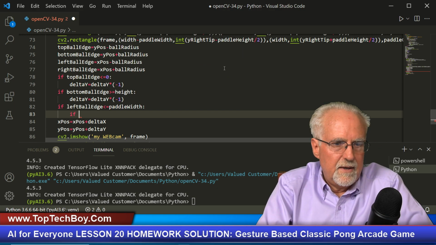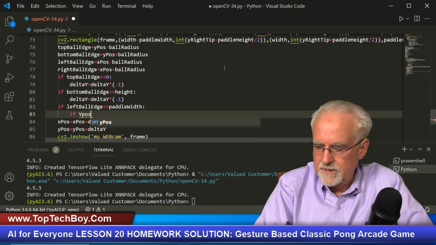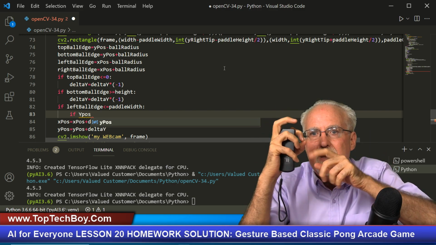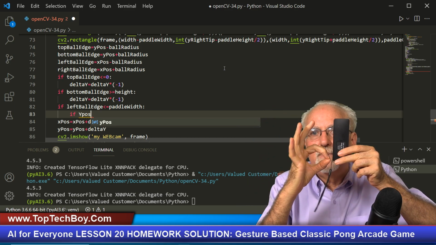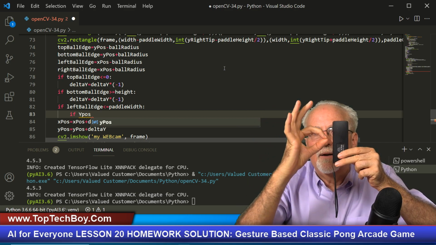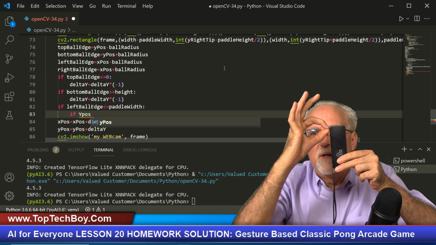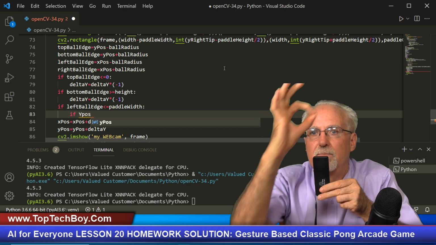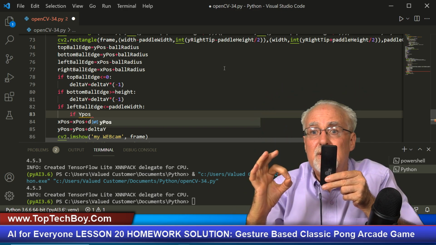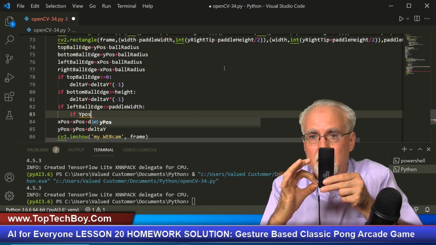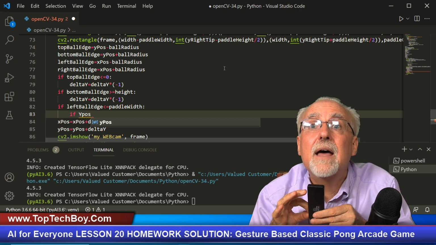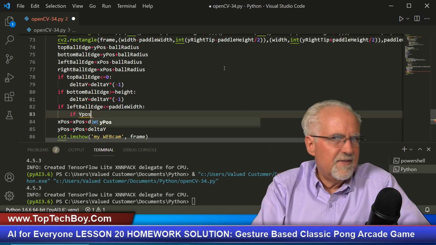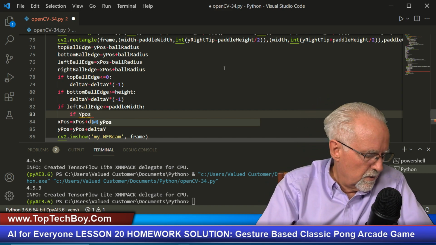If the Y position of the ball needs to be above the bottom of the paddle and it needs to be below the top of the paddle. Both of those, it's got to be between here and here. If it's up here, it goes away. If it's down here, it goes away. So it needs to be greater than the bottom edge of the paddle and less than the top edge of the paddle. So how are we going to take that most excellent word description,